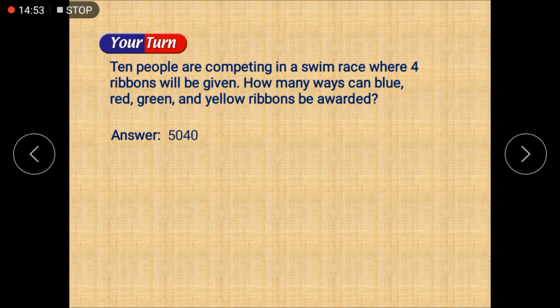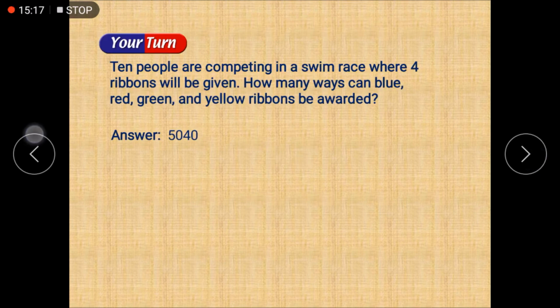There are 10 people competing in a race with 4 ribbons. That means there are 10 people, but only 4 ribbons are given. The 4 ribbons are blue, red, green, yellow. So you would use 10P4. That one you try yourself. So not just now, we were seeing the